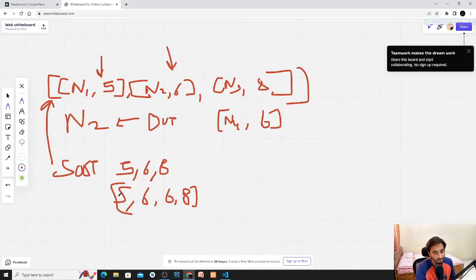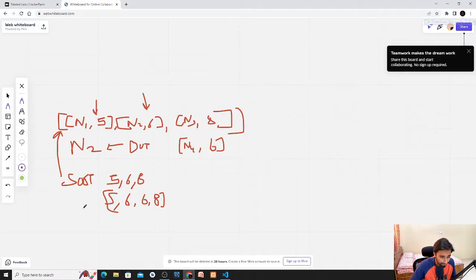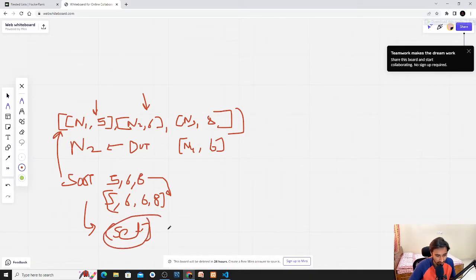Duplicate values will also occur if the scores of 2 students are the same. So what we're going to do is make it a set. हम इसको set में convert कर देंगे. So no duplicate value is allowed, and only values like 5, 6 and 8 will occur.